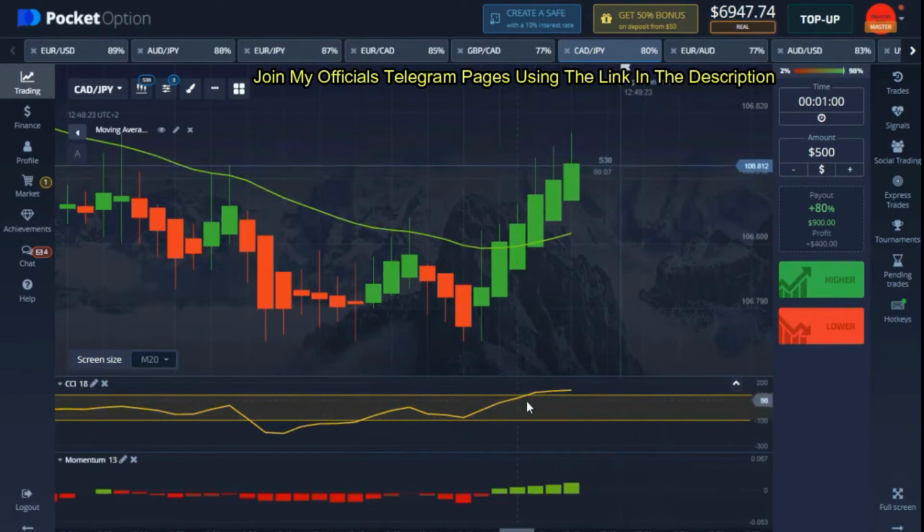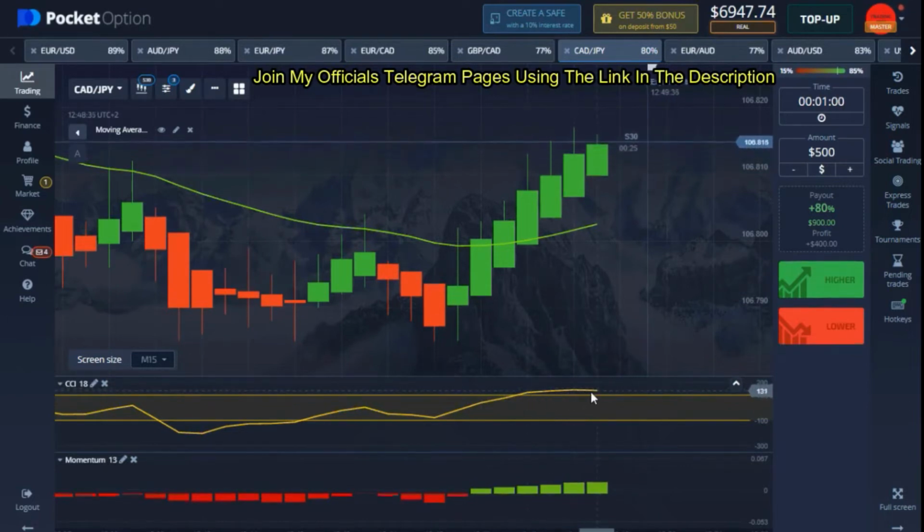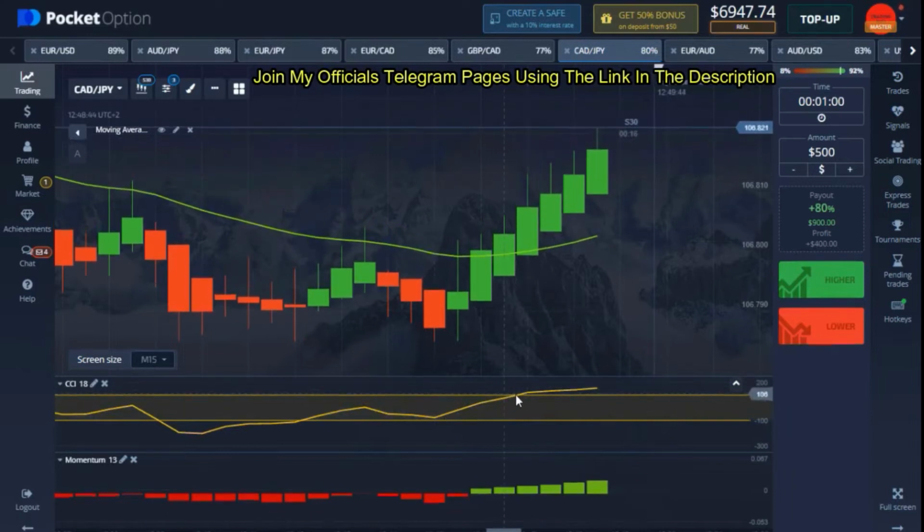All right, so as you can see, this position before I actually place the trade here, the market was actually heading up so good, but right now it's actually dropping. If it is like this, it's not a good moment for you to take a trade. It's not recommended for you to take a trade, but always make sure that your CCI is very close to the upper line here, or just out of it, but they must be on the trend. What I mean by on the trend is they must be heading up in the market